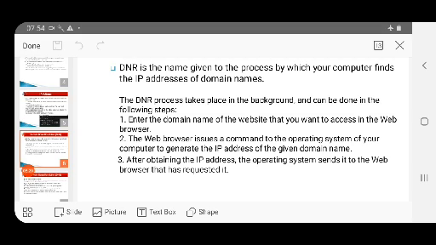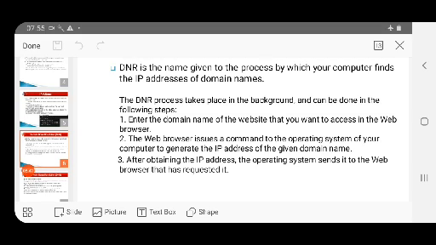So, how is our computer generating the IP address of the given domain name? We will be learning this in our next slide, but in the meanwhile, let us see what is the third step or the last step. After obtaining the IP address, the operating system sends it to the web browser that has requested it.